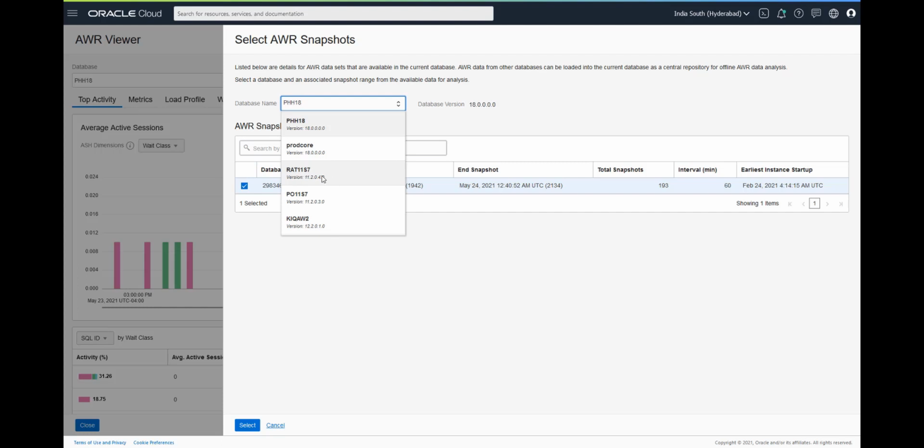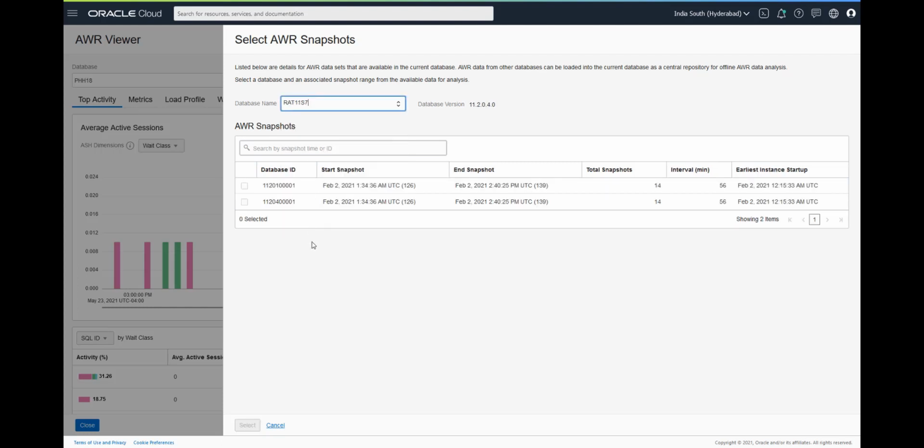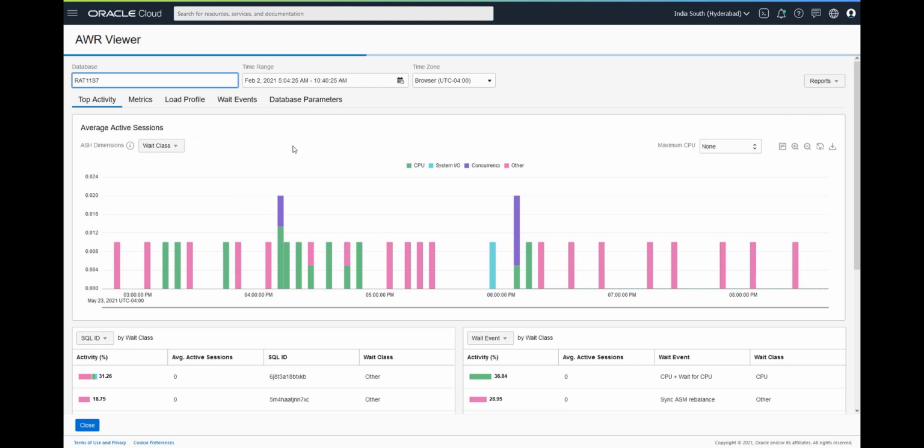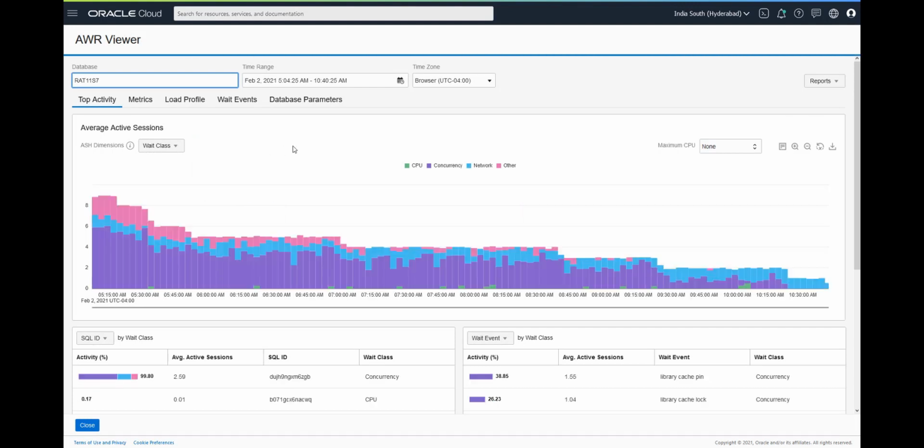So I can switch to that particular database to understand the snapshots related to it. Here the version is 11.2.0.4. I can select one of the snapshots, and then when I click on show data, you would be able to launch the top activity in the context of this 11.2.0.4 database.